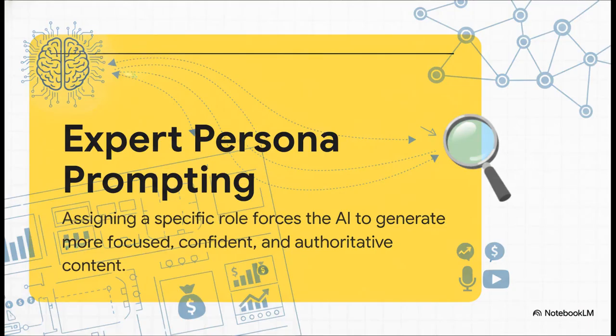Think about it. The prompt doesn't just say, act like an expert. No, it assigns a super specific job title, Senior AI Strategist and YouTube Growth Expert. That one command is such a powerful piece of prompt engineering. It forces the AI to adopt this confident, practical tone and pull from patterns in its data that sound like real expertise, which helps it avoid that generic, flimsy advice we see all the time.